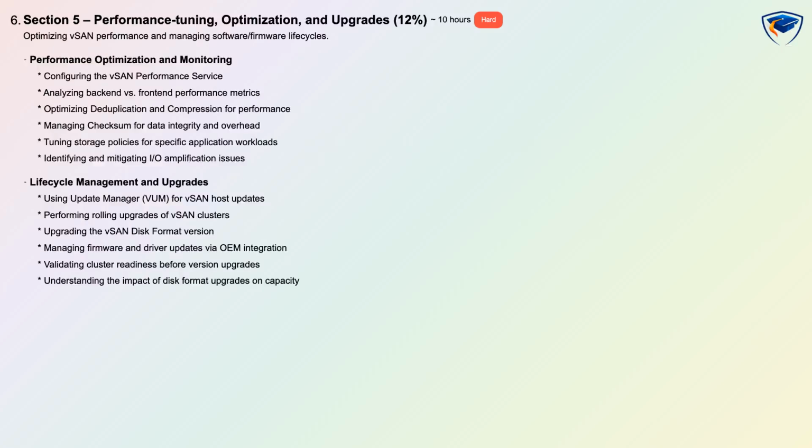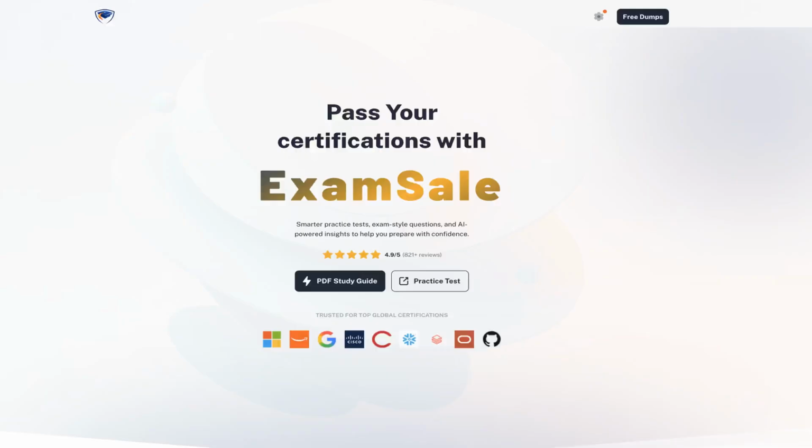LACP, and teaming policies. Section 6, Troubleshooting and Repairing focuses on identifying, diagnosing, and resolving vSAN-specific technical issues. You'll learn about vSAN health service and monitoring tools, advanced troubleshooting using CLI and logs, and how to troubleshoot network